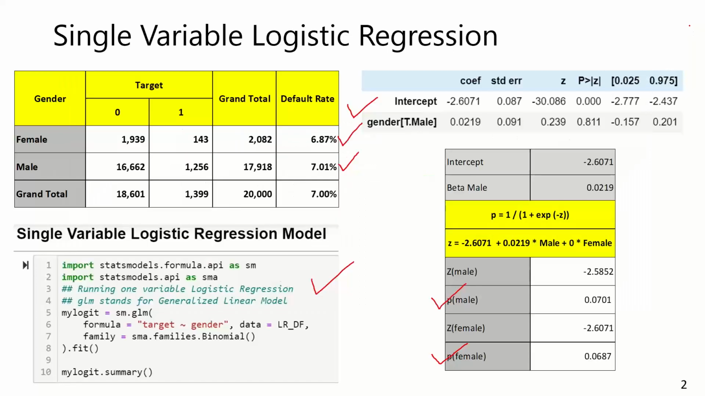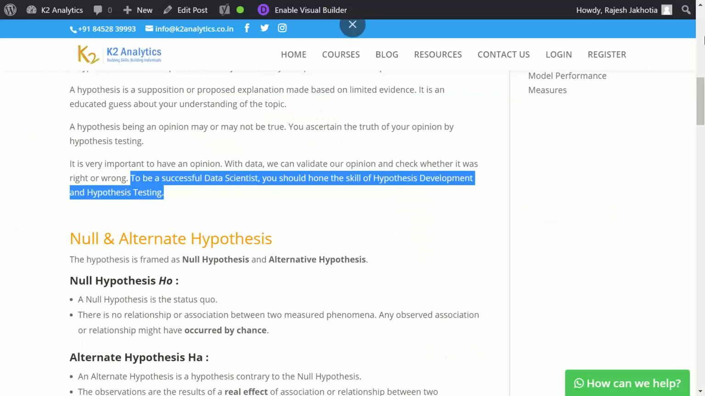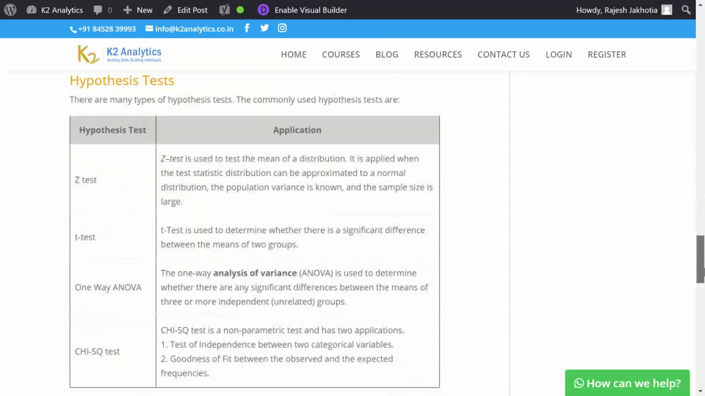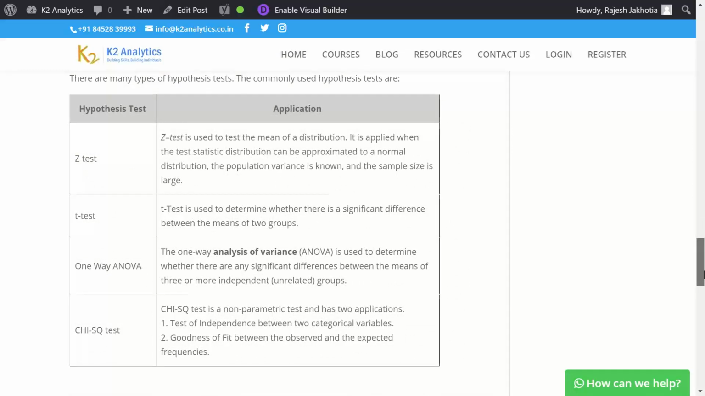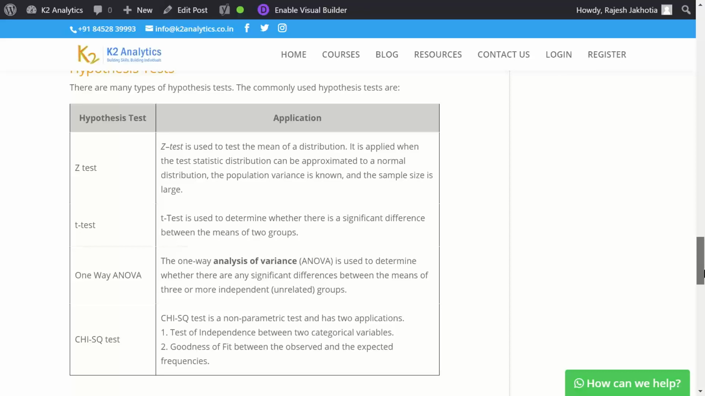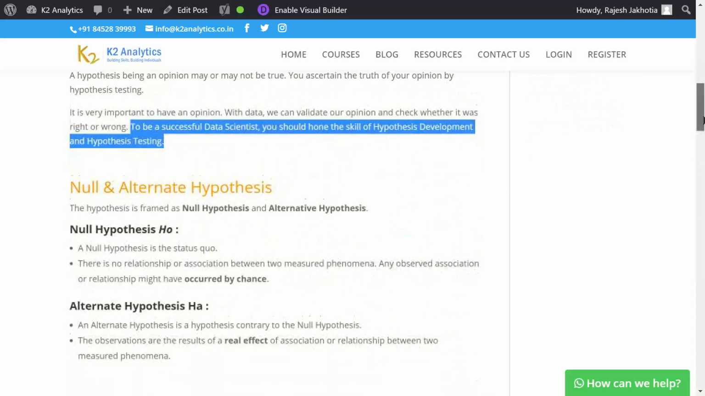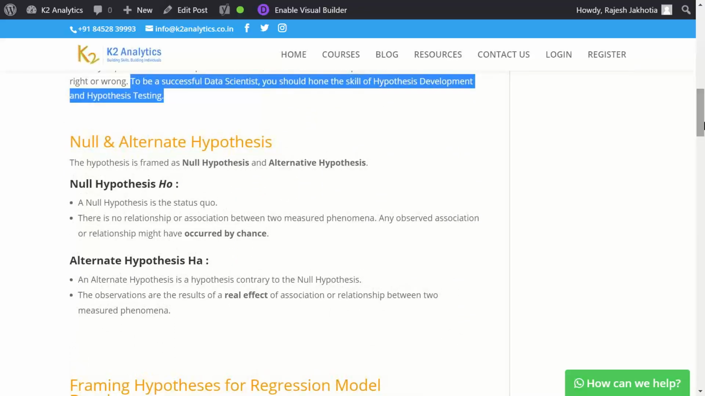There are various kinds of hypothesis tests. Something like Z-test, T-test, ANOVA, one-way ANOVA, multi-way ANOVA, chi-square test, and there are many such hypothesis tests. Now, in simple way, if you have come across the term hypothesis testing for the first time, a very simple analogy to explain what a hypothesis test is: you go to a doctor and you have got some fever,